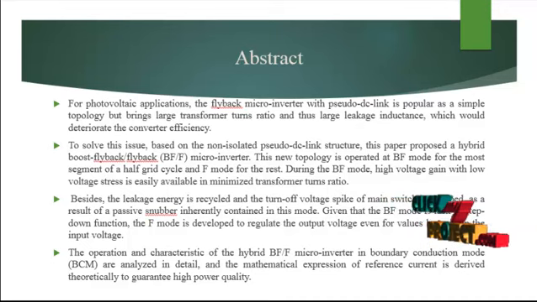The entire topology is based on BF mode and F mode on the grid side, integrated to minimize the turns ratio of the transformer. The leakage energy is recycled, and the turn-off voltage spike is generated and clamped to the VDC link. The output is entirely based on our BF mode. When the BF mode is combined with the F mode, the entire power is automatically increased.